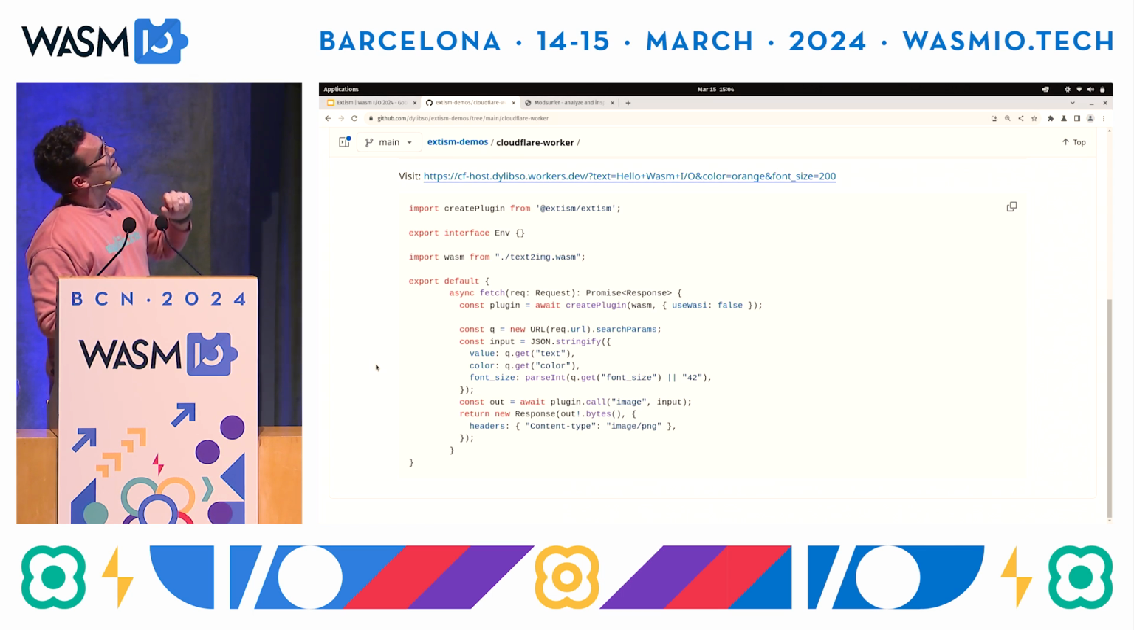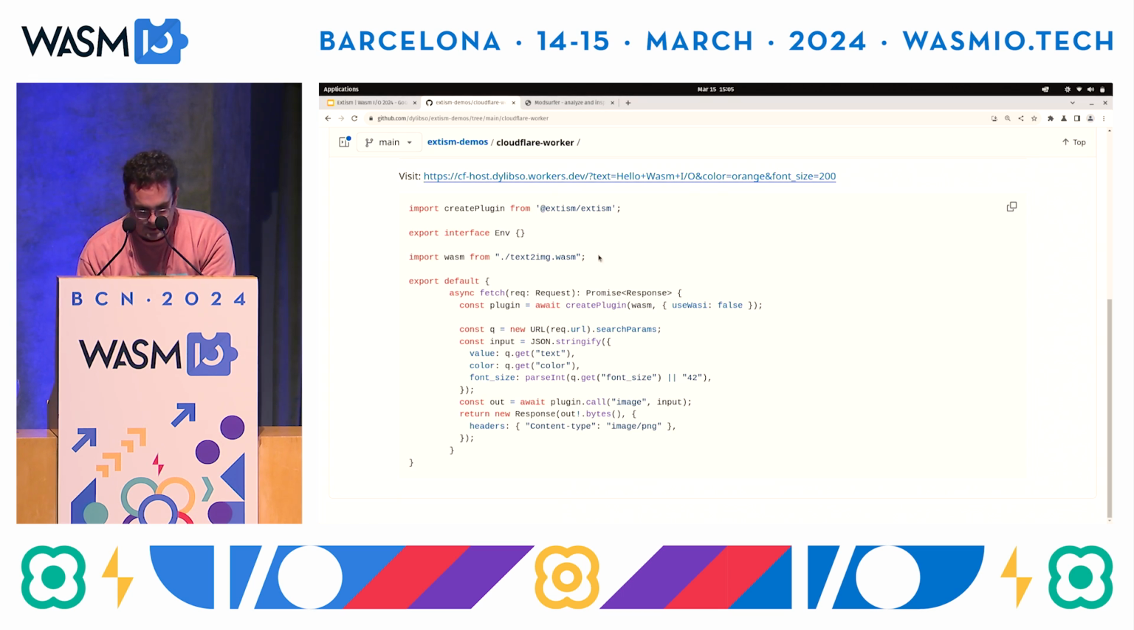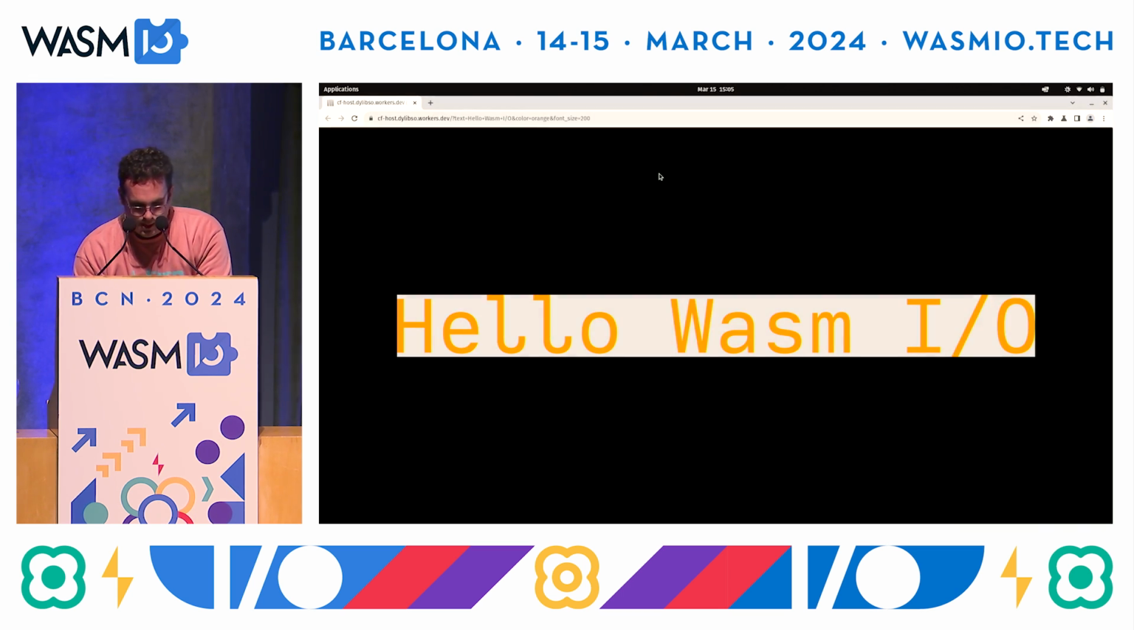I get some input, I create a little JSON blob from it, just declaring the text that I want to convert, maybe a color for the image and the font size to use. I call image in the plugin, I get bytes back, and I spit that out in the response. And pretty snappy, thank you, Cloudflare. Here we go, there's the image from the input, and I can go ahead and even change,